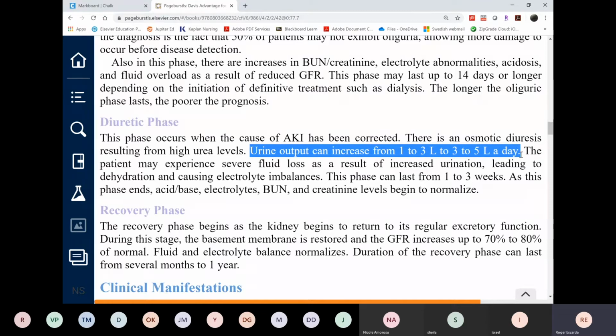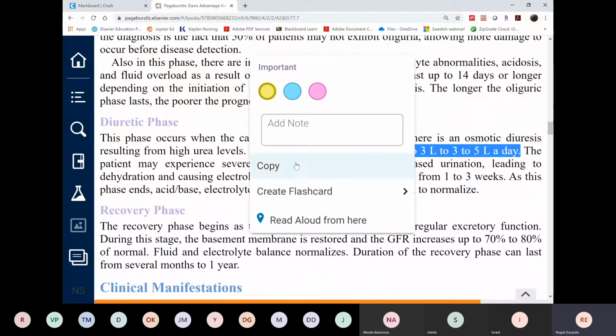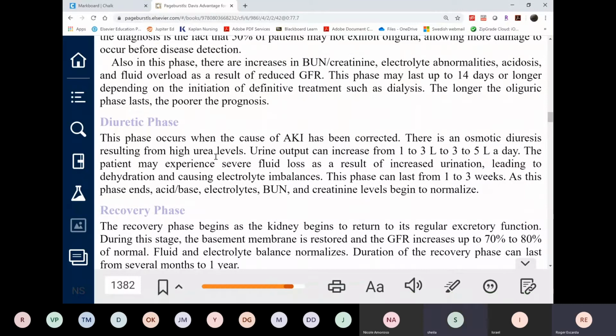Look at this amount. Normally we pee about 1500 ml, so now we reach up to 5 liters a day. That's a lot of urine. However, the danger here is